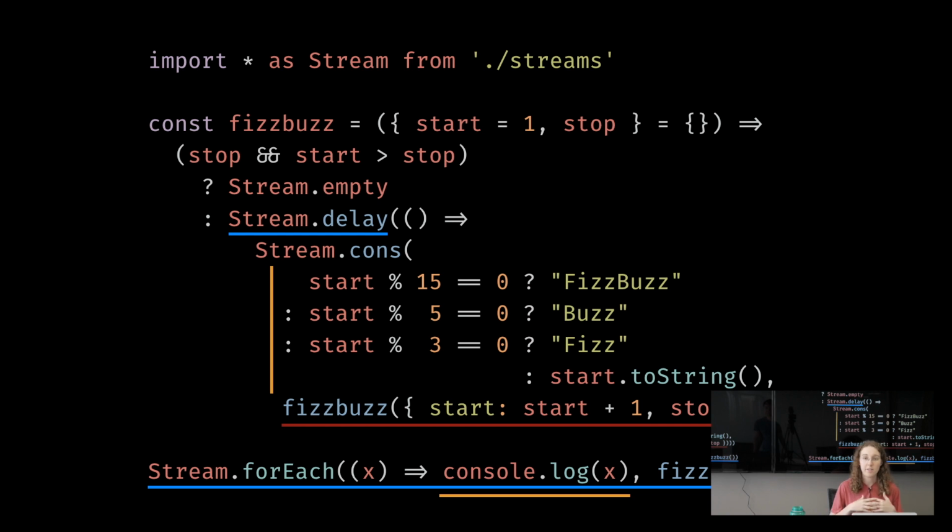There's not any of that imperative mutation, but I actually hate this program. I really dislike this program. I think it's really difficult to read compared to the first one. It's difficult to understand what's going on, and it's a lot bigger. There's more stuff going on in it. I was really interested by that because this is something I've seen before. A lot of the stuff going on in this program looks functional. We've got lazy streams, we've got recursion, but